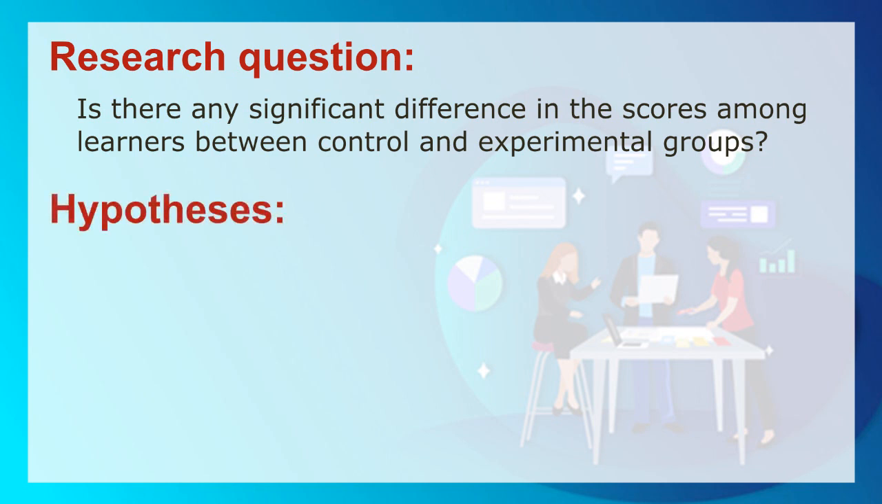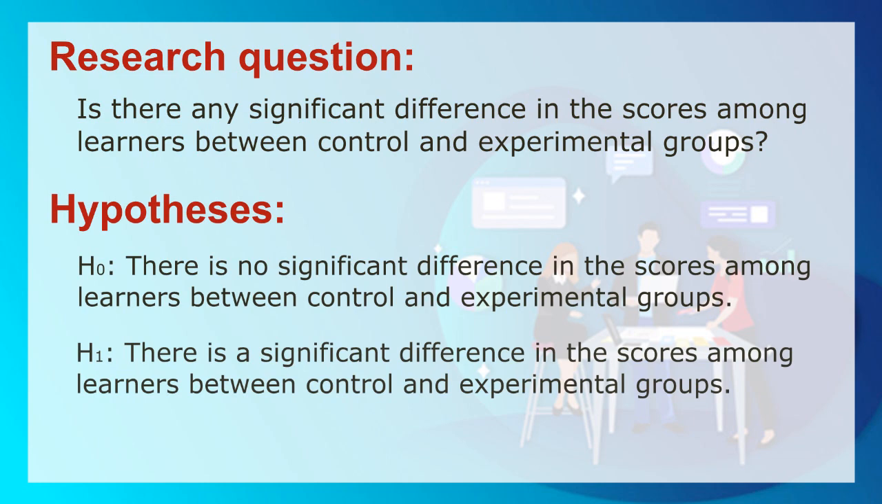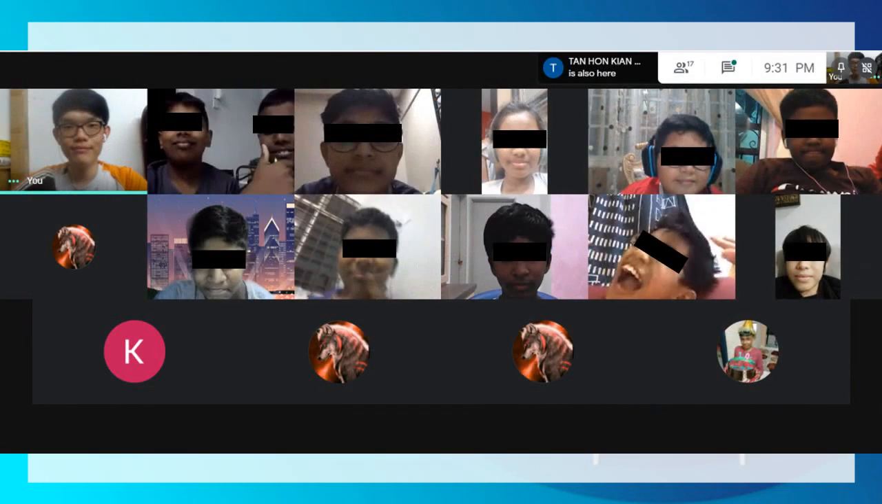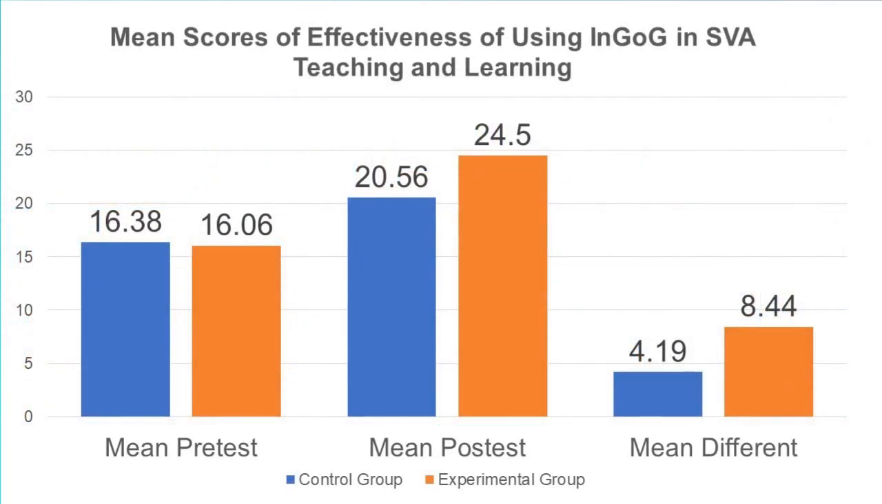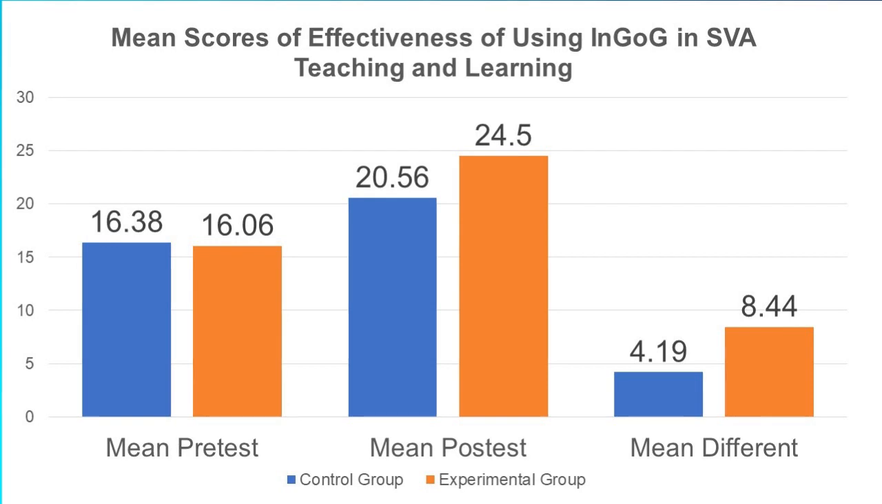There are two hypotheses examined: the null hypothesis and the alternative hypothesis. The sessions were conducted online via Google Meet with the participants. Based on the results, it can be observed that the post-test mean of the experimental group was 24.55, which was higher than the control group,